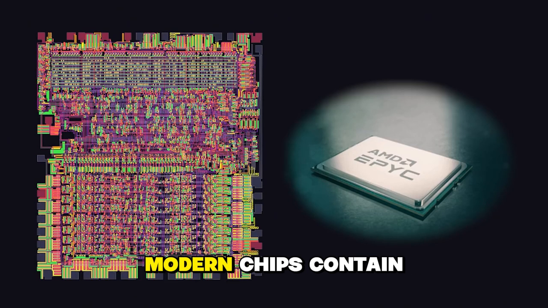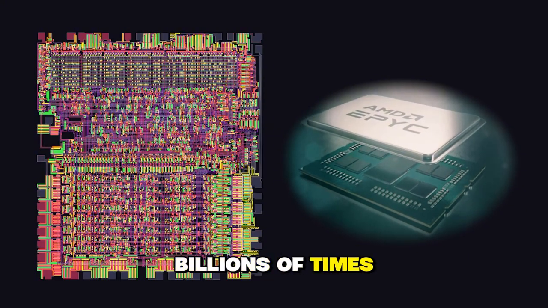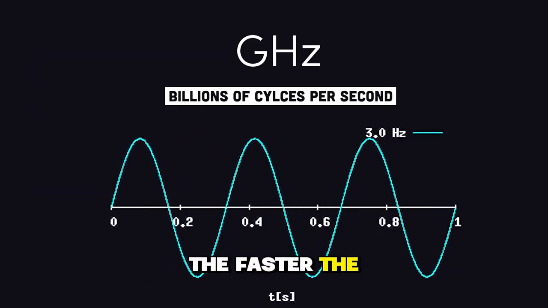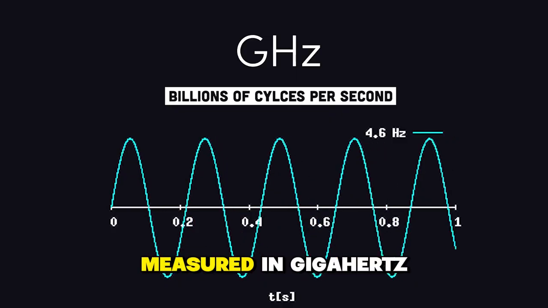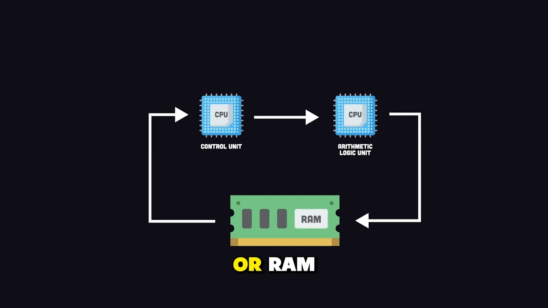Modern chips contain billions of transistors, and they can be flipped on and off billions of times per second. In general, the more times the clock can pulse per second, the faster the CPU can compute, and is normally measured in gigahertz. Now, in order to run applications, it interacts with the system memory, or RAM, in a